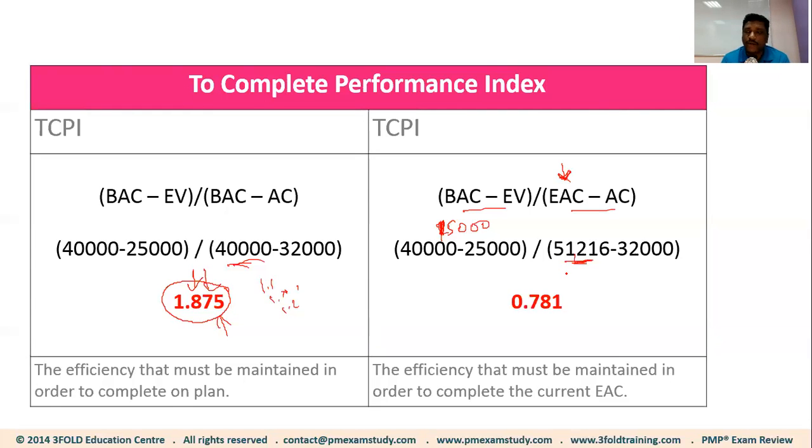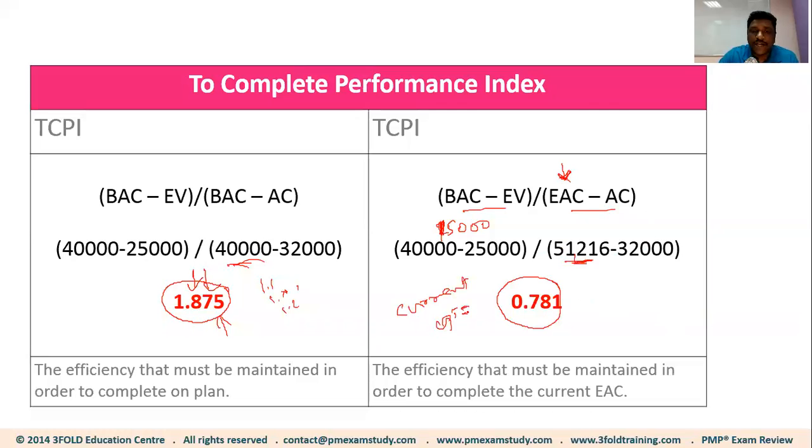I'm going to try to do it for 51,216, and the management says, well, fair enough, do 51,216. We will be happy if you do that, right? So in that case, the formula will be 51,216 minus 32,000. Okay, now guess what? You will get 0.781 only, which is your current CPI,